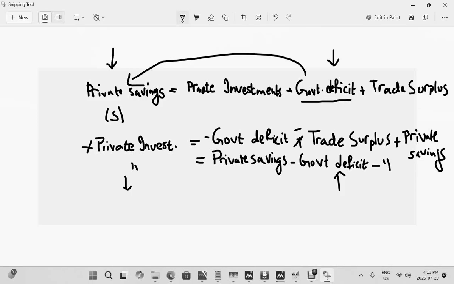The same goes for private savings. As private savings go up, your private investment goes down. They're inversely proportional. So as households save more money, capital expenditure